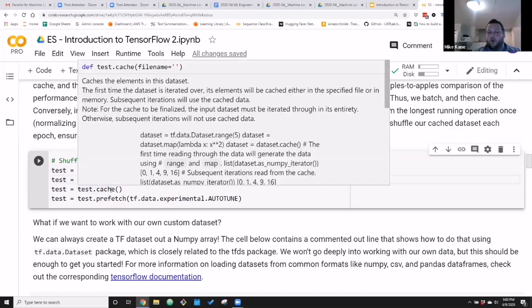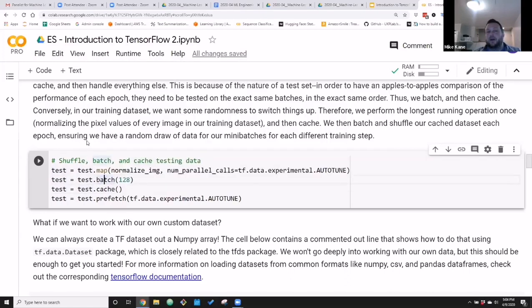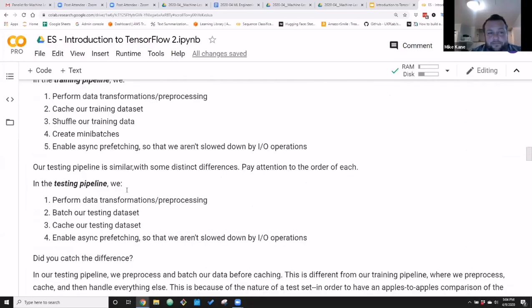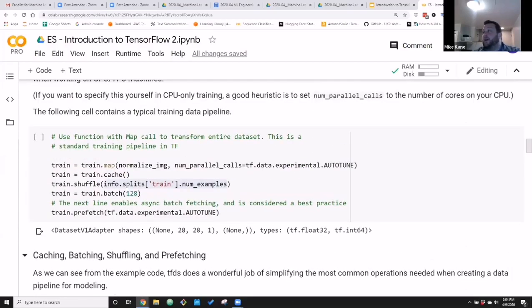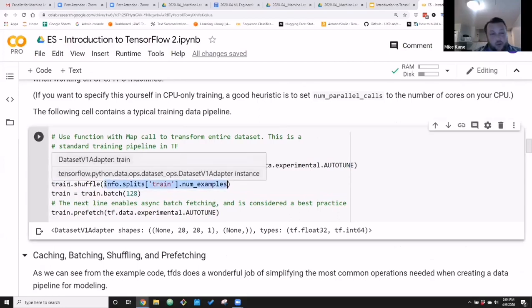Now notice, before we cached and then batched. On testing, we're going to do this differently. On testing, we're going to cut it into batches, and then in comes the carbonite. Then we're going to freeze it dead, and we're going to lock it all in place into those batches cached here. You might be wondering why we would do this. Why not do it in the same order as the training one? Well, it's because when we train our model, we're going to train it for like 20 epochs or something like that. That's going to run through the training data a full 20 times if we set 20 epochs, right?